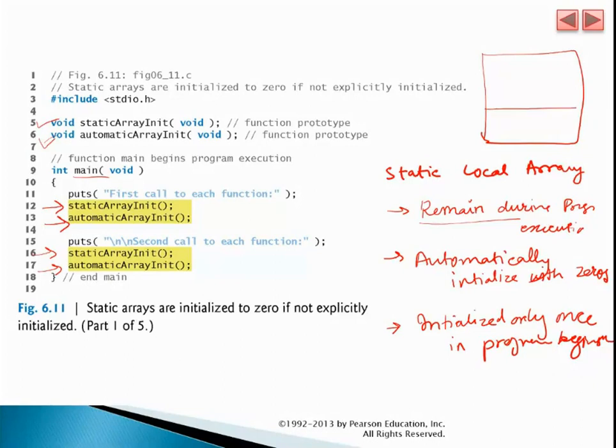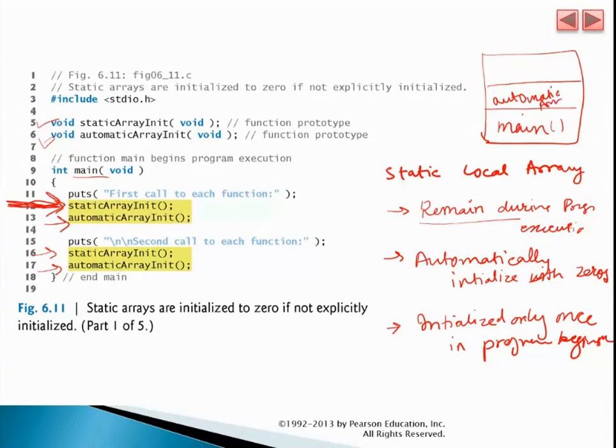So this is the stack frame of the main function. In the memory, this is main. Then when line number 12 gets executed, there is the stack frame of static array init, right? When this function is over, the execution will come back to automatic array init, and hence this particular stack frame is deleted. And then in place of this, there is a stack frame of automatic